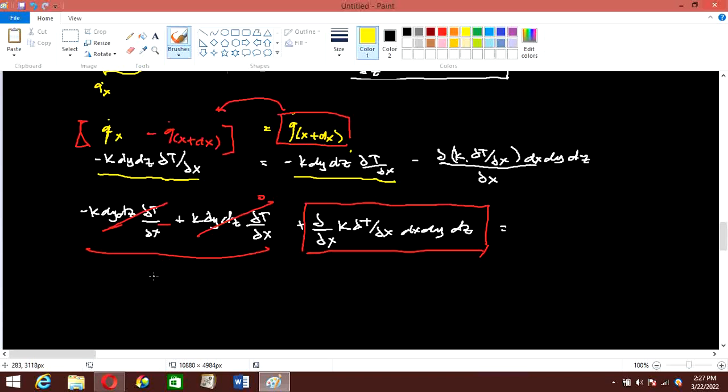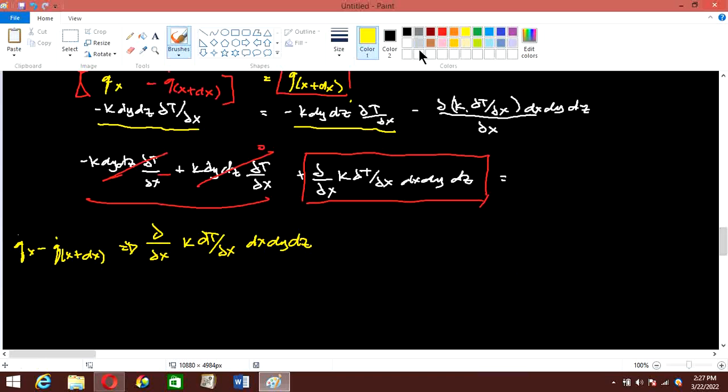Therefore, we have k dT dx dy dz. Okay, so this is for entering minus leaving. Okay, so having this concept, or having these mathematical expressions,